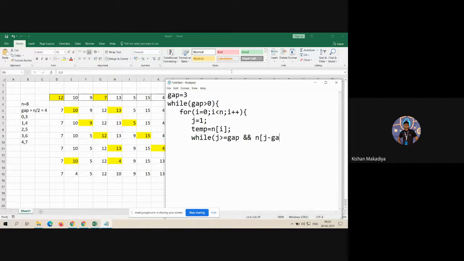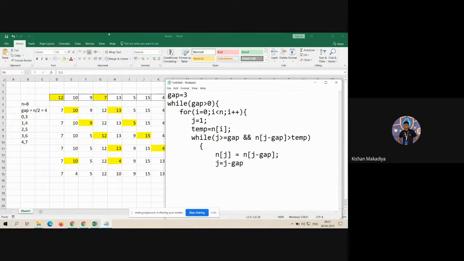If a[j minus gap] is greater than the temporary value, then you have to continue. Here we have to reduce the index, that is j equal to j minus gap.